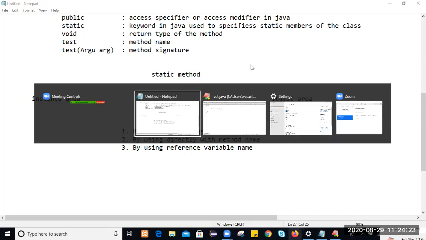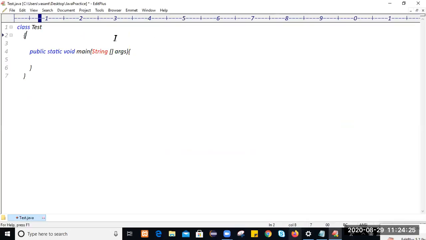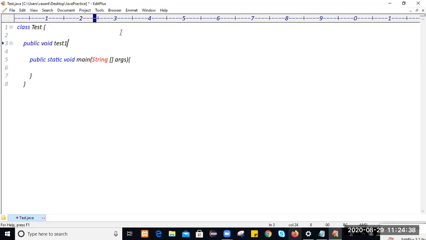Just go to the Edit Plus and let me define this class, test. Within this class, let me define one instance method, public void, and the method name is Test1. And this is the method body.